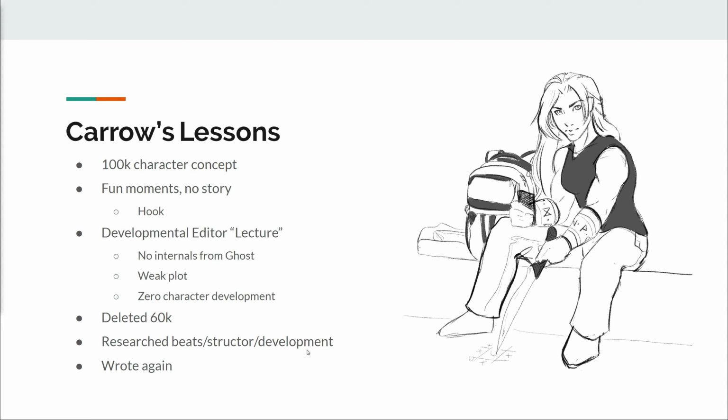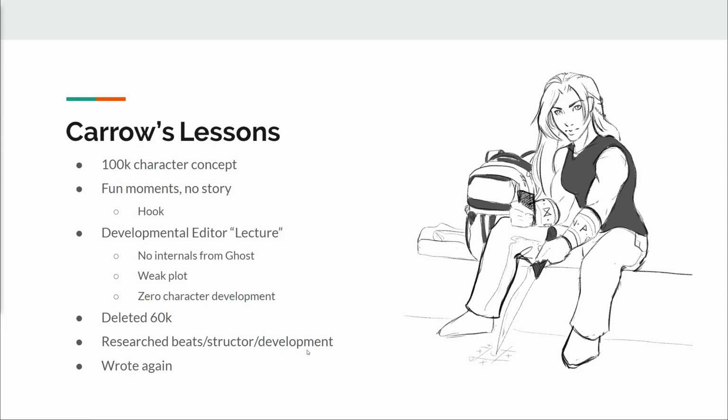But what she came back and told me is that I did not have a story. I had a 1,000-word character concept. There were some fun moments, but there wasn't anything that actually tied the entire thing together. I had a really good hook in the beginning. It was kind of engaging. And I have to agree with that assessment because when I initially wrote Queen of Swords and Silence, I was very enamored with the idea of what Ghost, my main character, was.